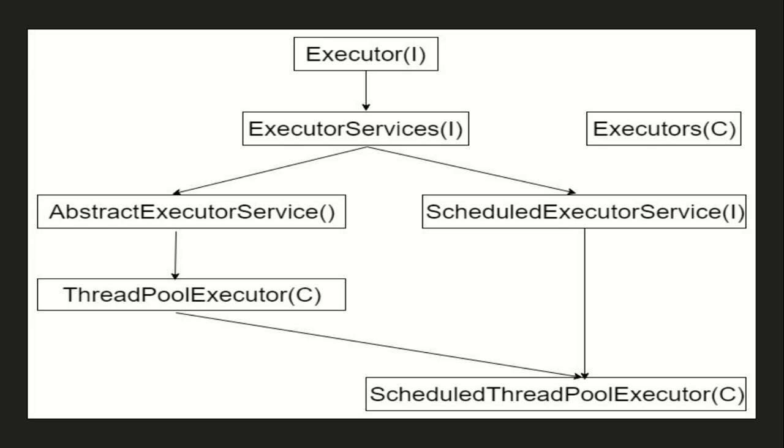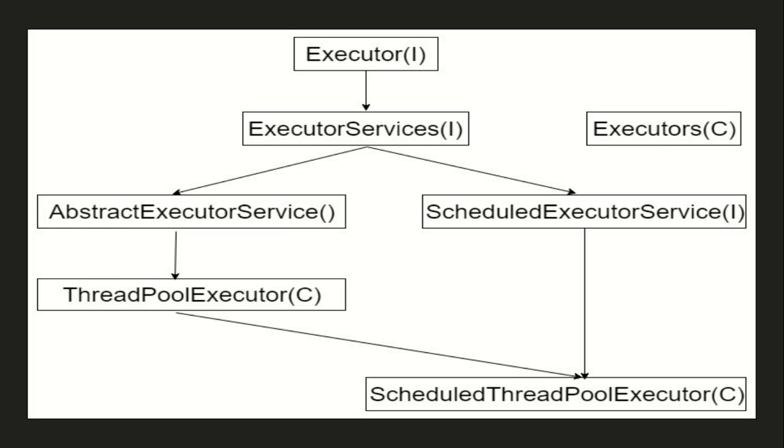AbstractExecutorService is an abstract class which implements the ExecutorService interface, and ScheduledExecutorService is again an interface. As you can understand by the name, ScheduledExecutorService is an executor service where you can schedule your tasks. Basically, if you want some tasks to run, let's say after 1 hour or 2 hours, or if you want them to run as a cron job, after each and every delay, you use ScheduledExecutorService. And AbstractExecutorService is basically used for more or less concurrent execution.